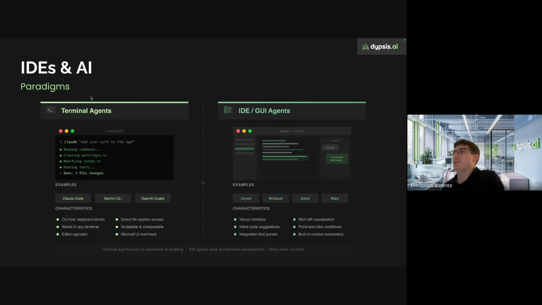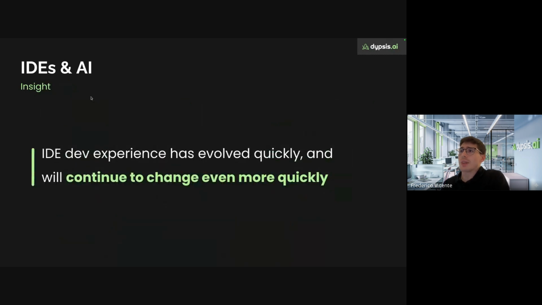So they both have their advantages and disadvantages. It's up to you to see what works best for you. The key takeaway is that the development experience is really changing a lot, and it will continue to change a lot in the future. So get used to it, start playing with these tools that already exist, and see what works best for you.